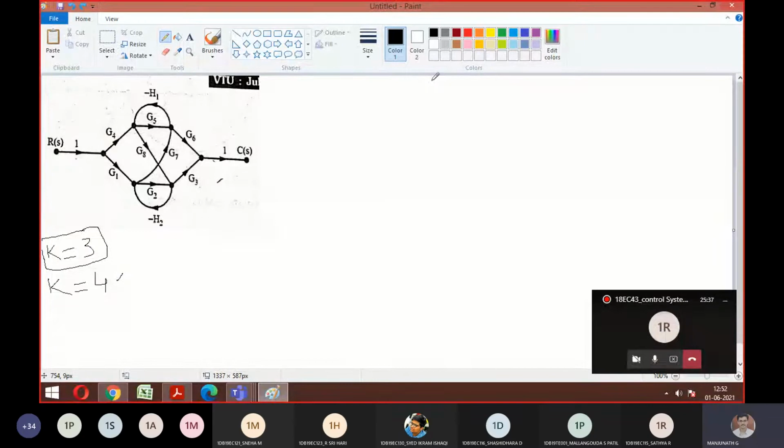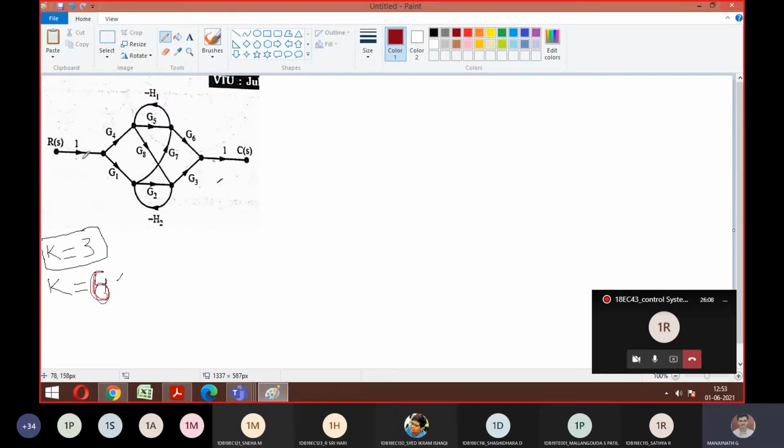So 4 is the maximum answer you told. If we consider those 2, sir, it will become 6. Okay, good. So according to that, you have 6 forward paths. Okay, fine. So you should know the condition, right? The same path should not get traced. That you should remember. Okay. So let's trace one by one. So I will use a different color. Yeah. So we'll go one by one, guys.